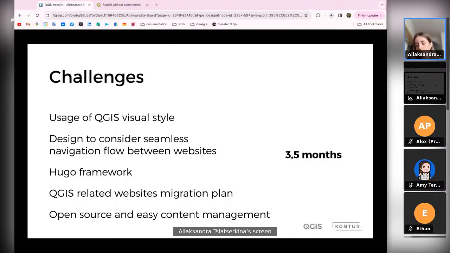And the website should be easy in content management. We also should consider these during this project, and these things we considered, of course. And as you can see, we had just 3.5 months, and I hope we succeeded to make everything in